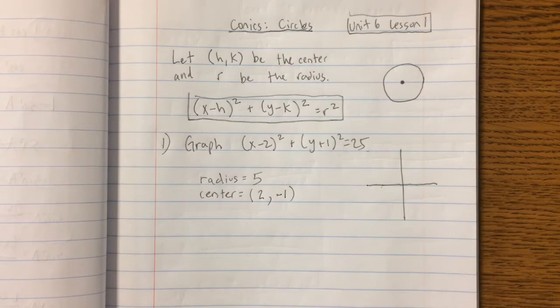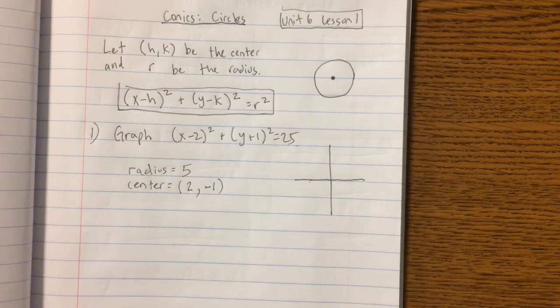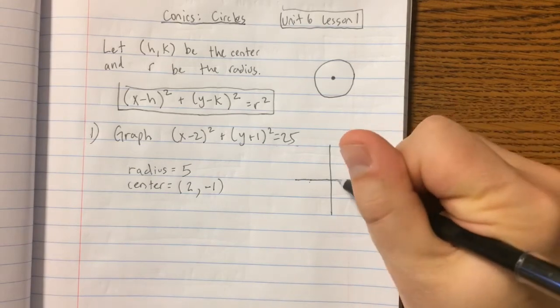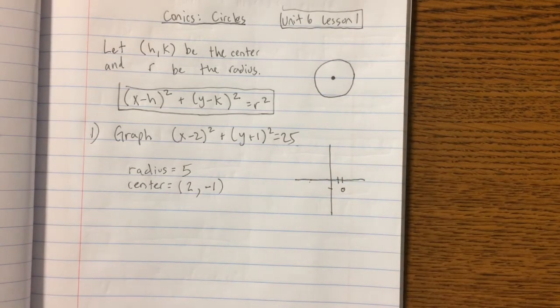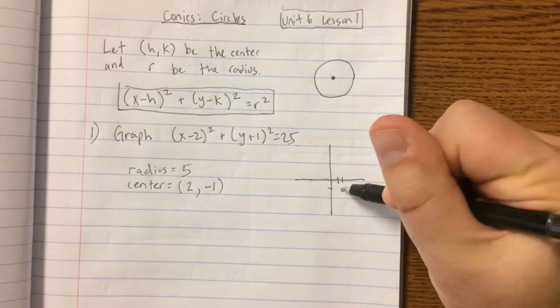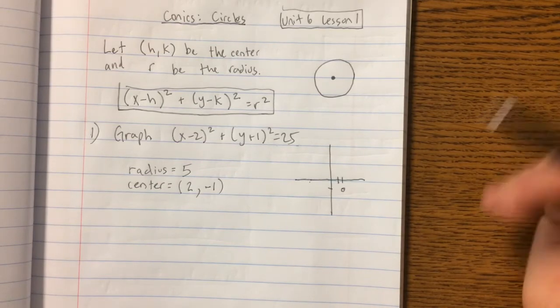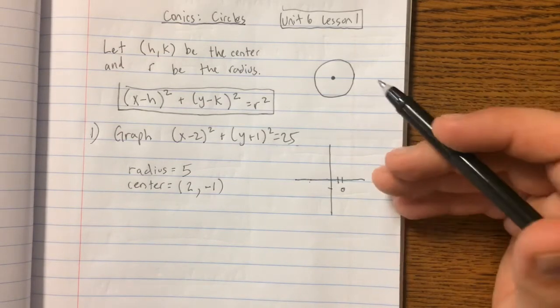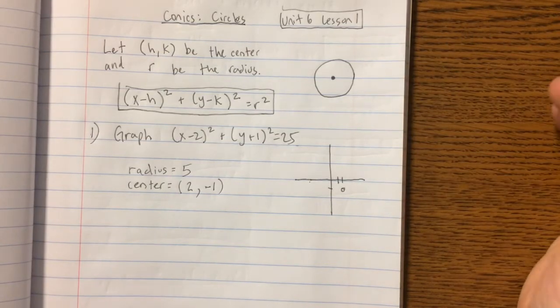So when you go to sketch it, zoom in here. So 2, negative 1. Here's where the center is. I'm going to do an open circle because that's not actually part of the circle itself. The radius is 5, so I'm just going to count 5 units up, 5 units down, 5 units to the left, 5 units to the right,